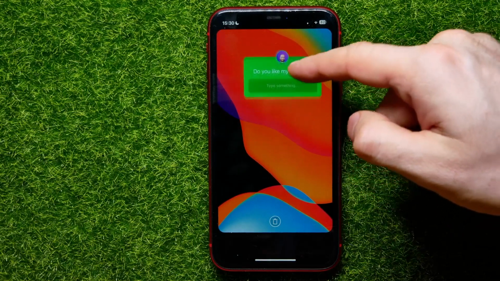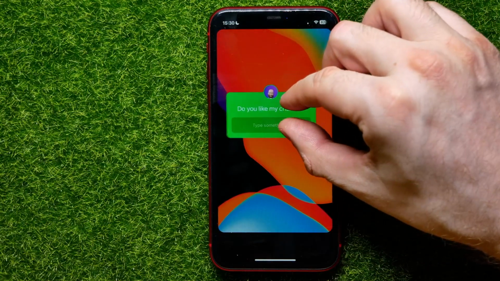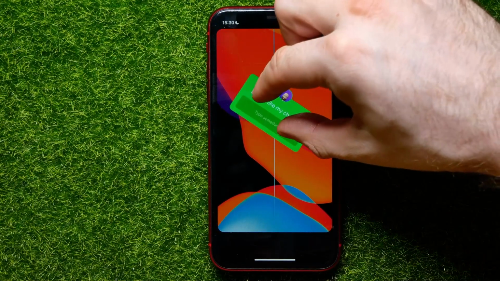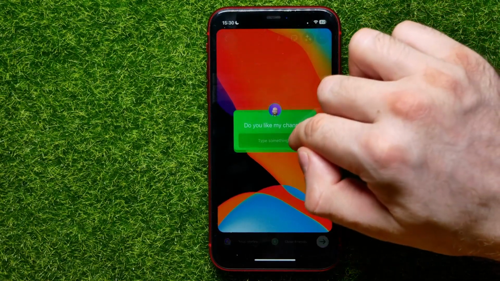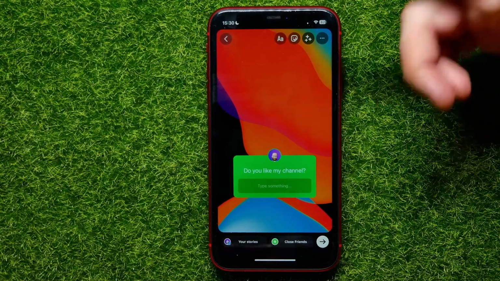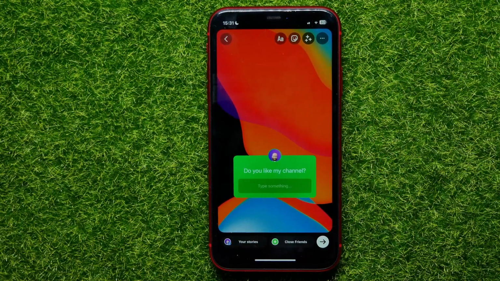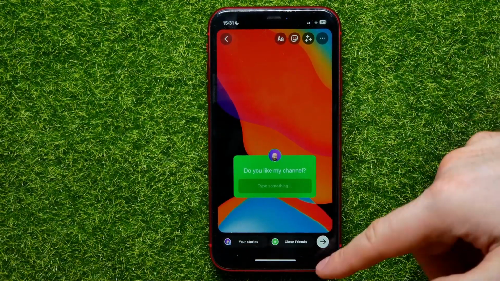I can move it around that sticker. I can place it wherever I want. I can scale it, I can rotate it, and after that I can do any other actions with my story. I can add here some text or another stickers or some effects or whatever, and after that I can hit